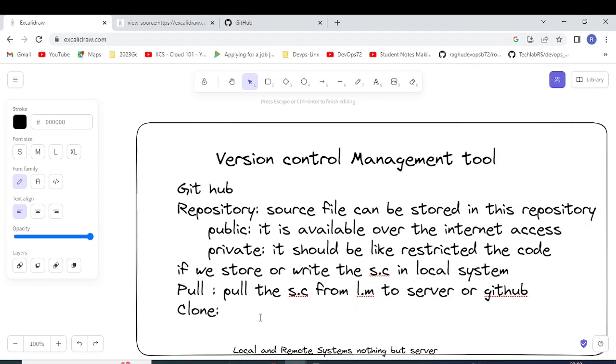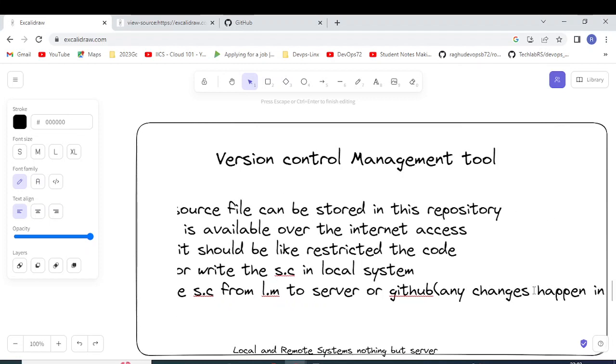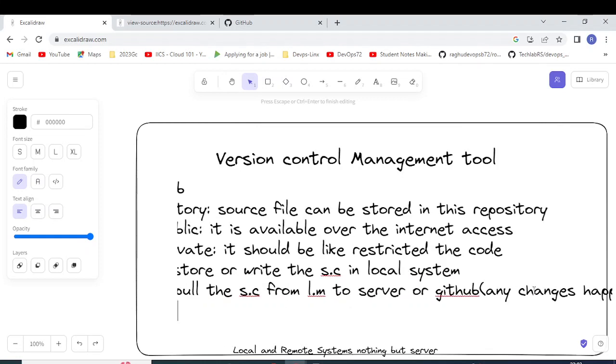We will have to do a clone, while initializing, or when we want to put the data, or if there are any changes in the source code, at that time we go for the pull,